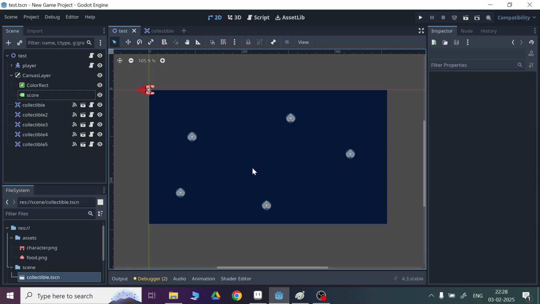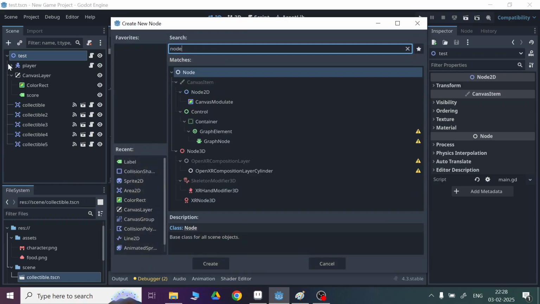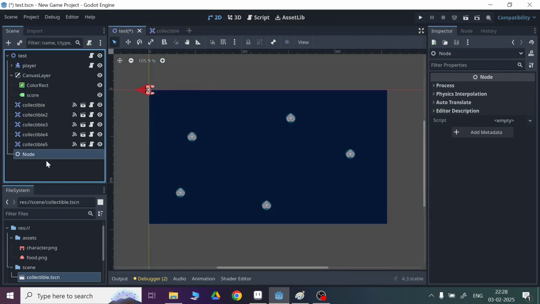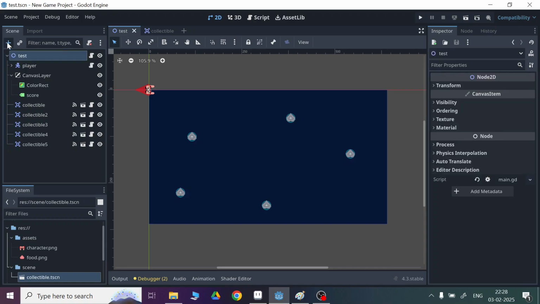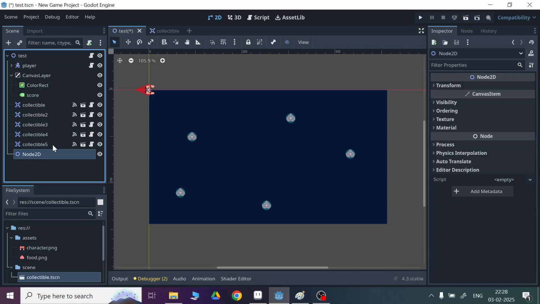And what we will do is we will make them randomly appear in the map, and then you need to eat the food, right? So how you can do that? So basically first we will add an empty node to the scene. You can also use this node, but I don't want it. So let's add Node2D to our project, and what it will do, it will basically